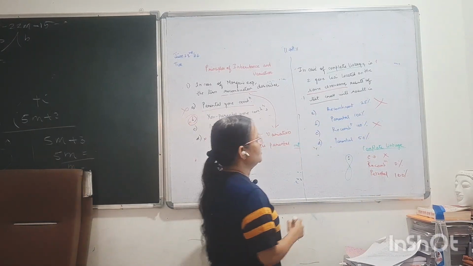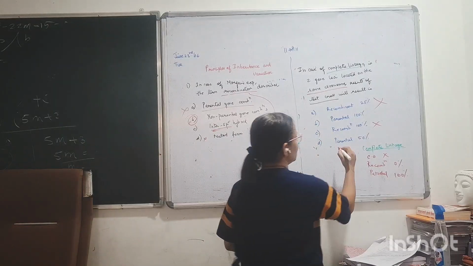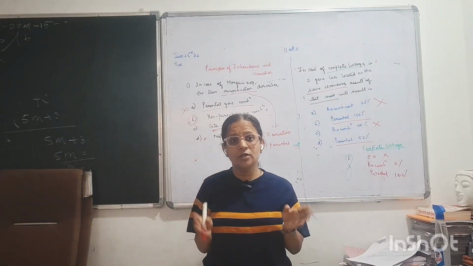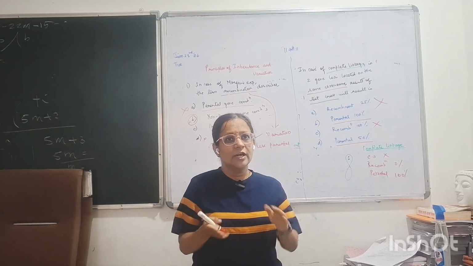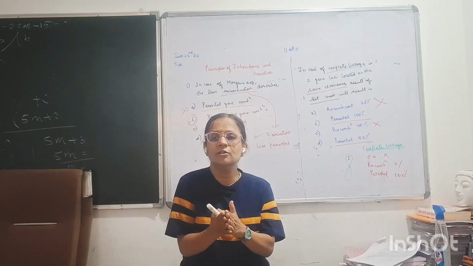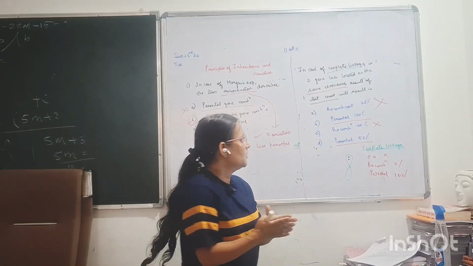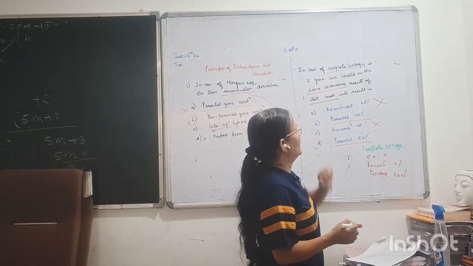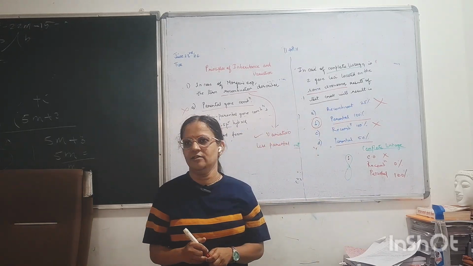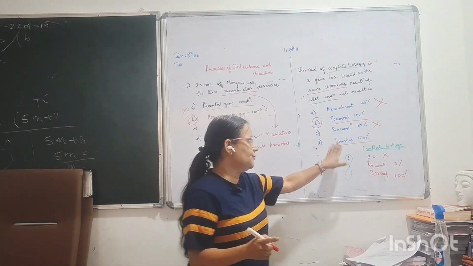Right? Now second, B and D are remaining. Parental 50%, parental 100%. Now this signifies what? There is a linkage. Okay. That is why we are getting parental combination. If there is a linkage, then you will get parental combinations. Right? But how is the linkage? It is complete linkage. That means you are expected to get 100% parental, right? And not 50%.